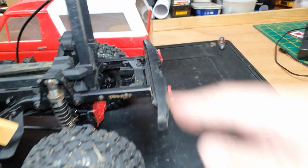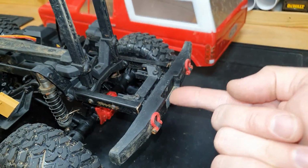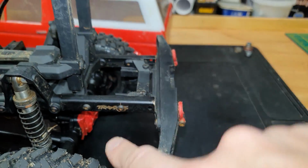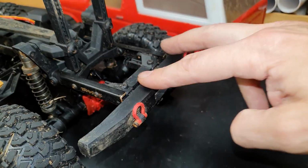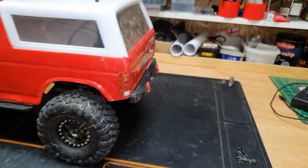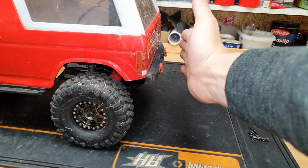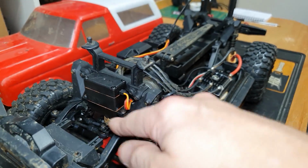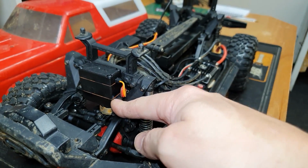On the rear, I've put the front mount on the rear, flipped it over upside down, and I've also removed a little bit from the back of the chassis and made a new hole in the chassis here, and also slotted the plastic so I could slide the mount further in, because otherwise that rear bumper would have been out here somewhere. So next up, we have a KS waterproof steering servo, metal geared, 20 kilos of torque, fairly fast,